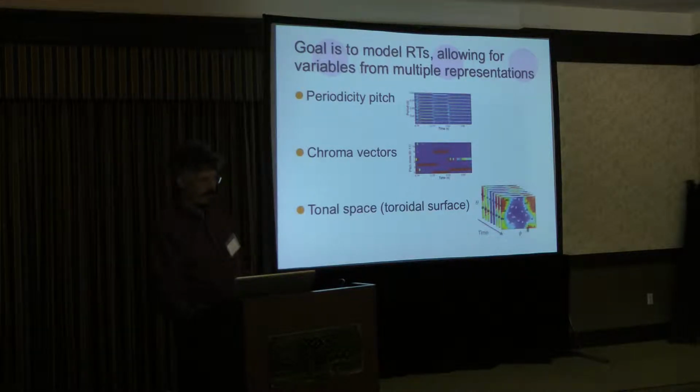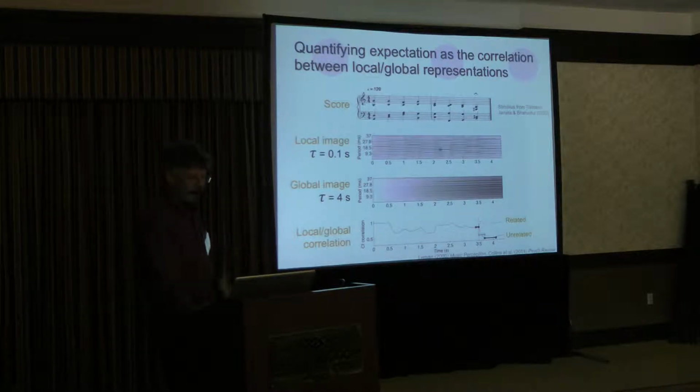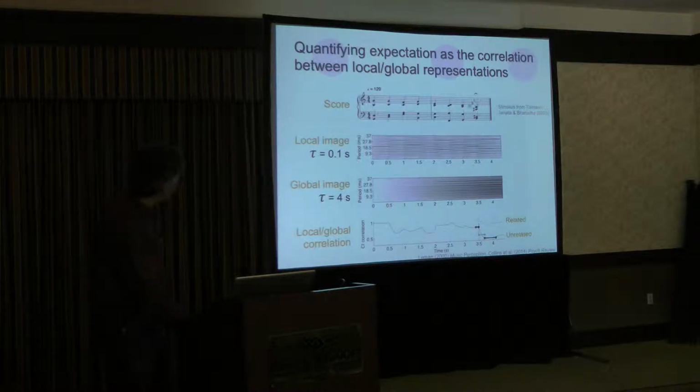Connections to the toroidal surface, which I'm just going to call tonal space, we can now derive measures of expectation in each of these different representational spaces. And the way this works, here is an example of a chord sequence from one of the studies ending on an unrelated target. And here is now the periodicity pitch image integrated with a short time constant. So it's really reflecting the moment-to-moment information